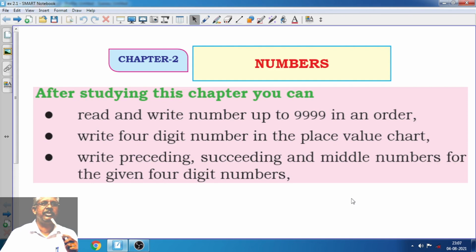Good day everybody. Today I will be taking chapter number 2, numbers. After studying this chapter, one can read and write numbers up to